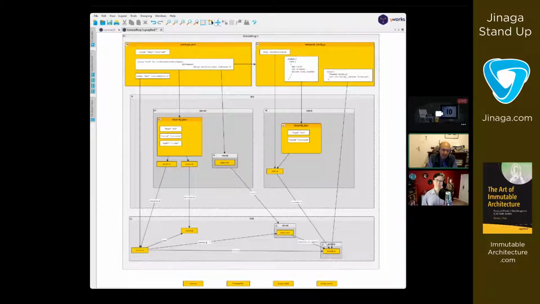The moment that I imported the Jinaga browser from Jinaga, it failed. In the end, I was so desperate I said, Groundhog or no Groundhog, I'm going to look at your GitHub repository. But then I discovered that the GitHub repository for the TypeScript starter kit is completely different. So I went back